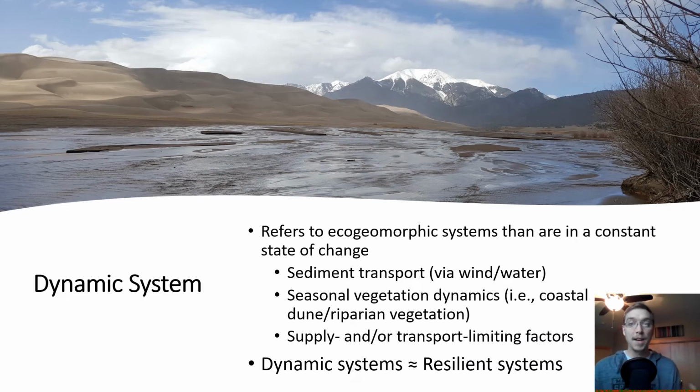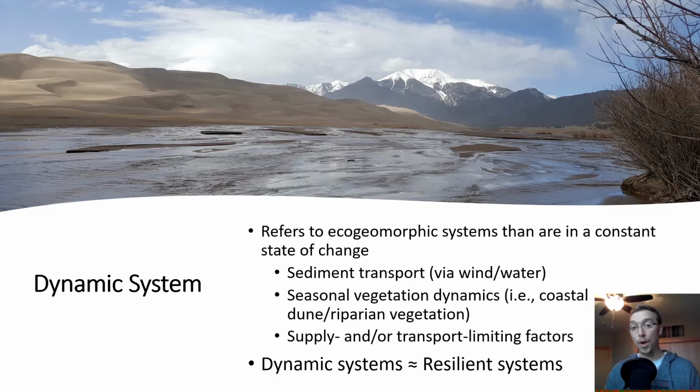So dynamic systems are ones that we refer to as eco-geomorphic, and that's a big word. So eco, ecology, ecosystem, geo, earth, morph or morphic, change. So basically we're looking at eco-geomorphic systems. So landforms that are intimately connected with ecology and how they are in a constant state of change through sediment